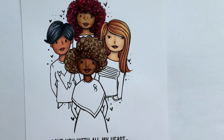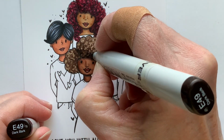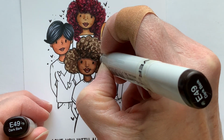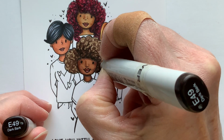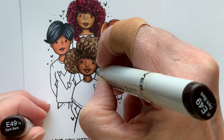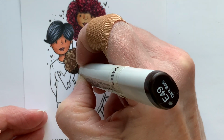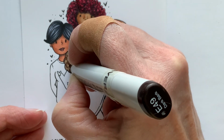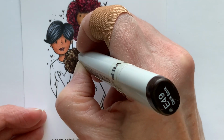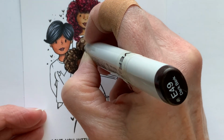Okay, E49 is next. Now we're going to really think about, okay, where is this going? Where do I want this to get darker? Right in about around her face, kind of bottom edge of her afro as it comes up, because it's going to be darker. Again, it's that area coming down in next to her neck, even though it doesn't reach her neck. Can have a few little pieces coming out, so it still breaks it up. We don't want it to just stop. And then